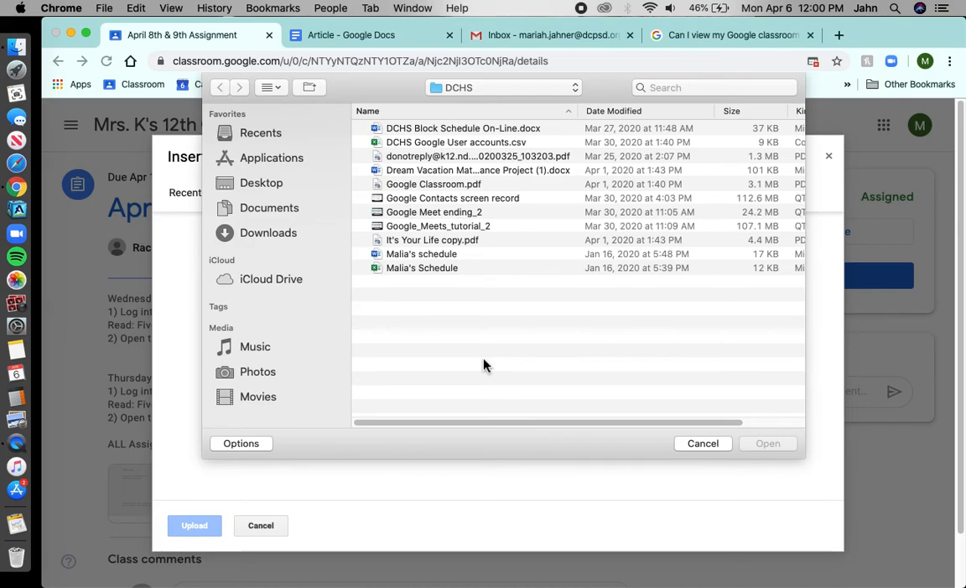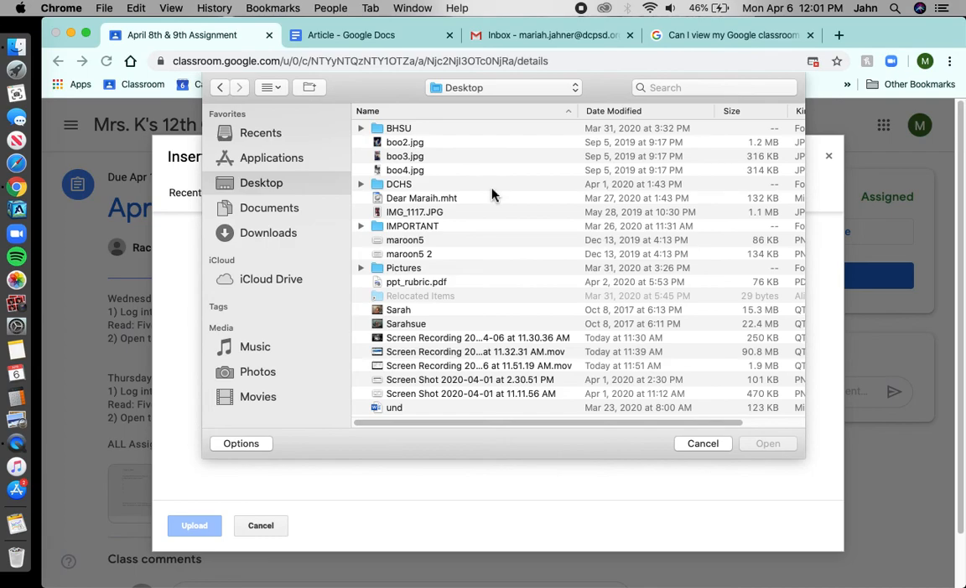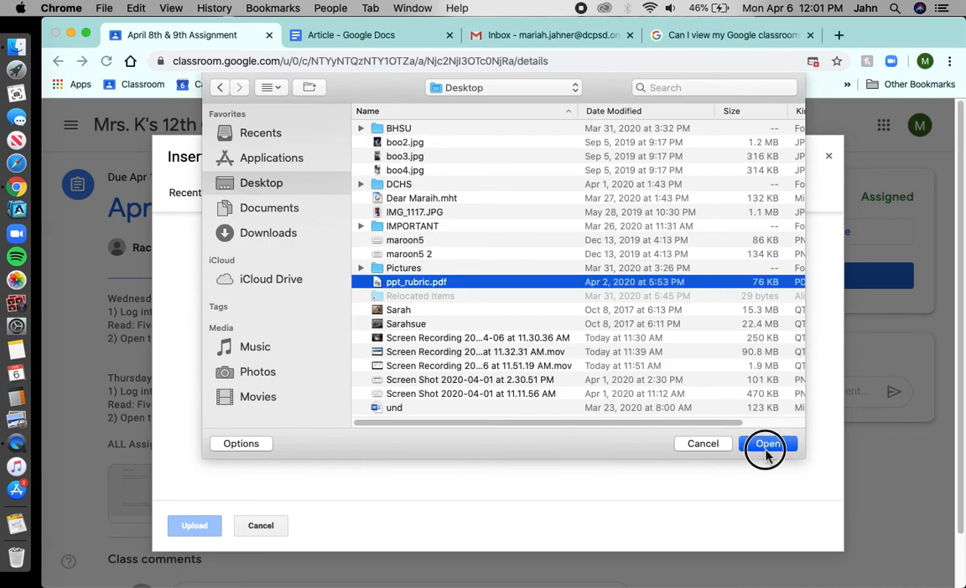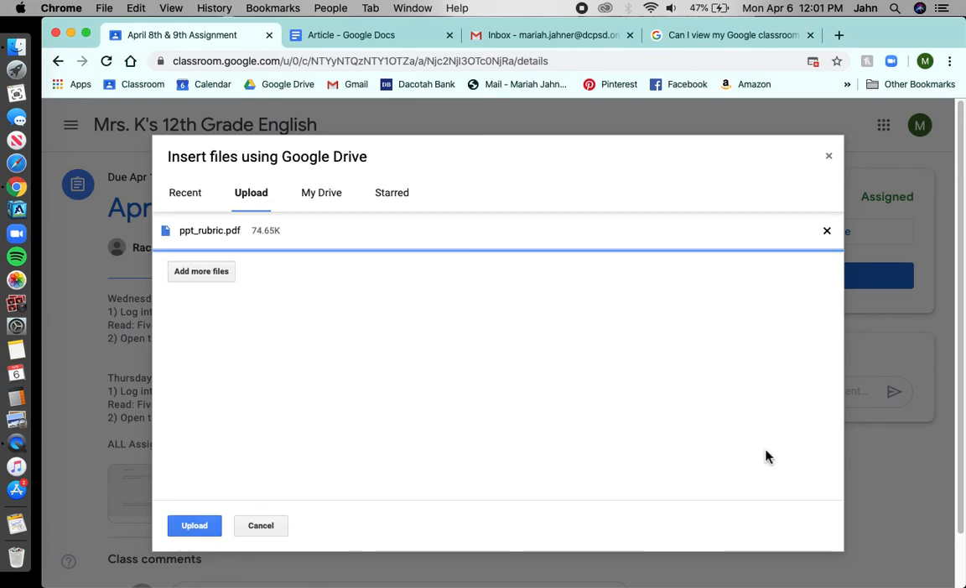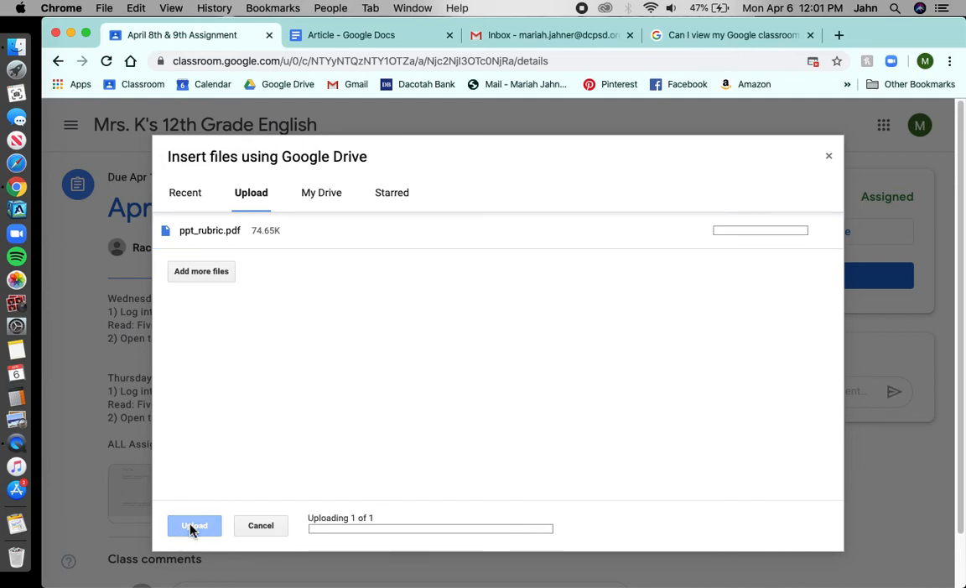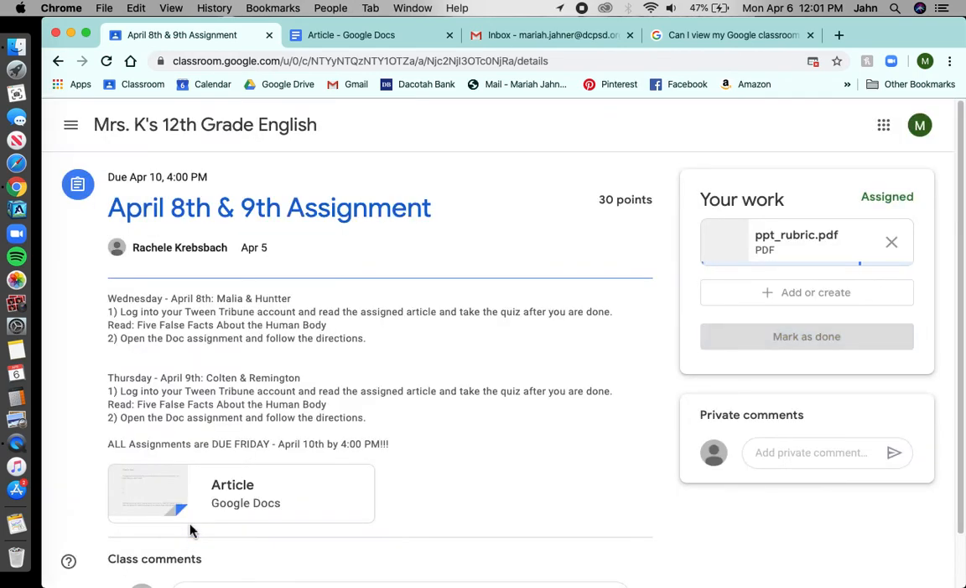Okay, and I'm going to search for that document. Okay, so I would click on the document. I would open it. Okay, it's going to load. As long as you have this blue upload button down here, you should be able to upload it. Okay, and of course you should have the right assignment in there. You will then, once it loads, turn it in. Okay,